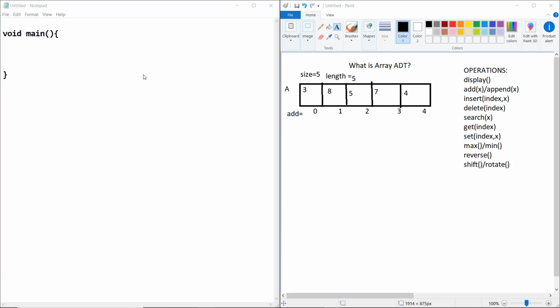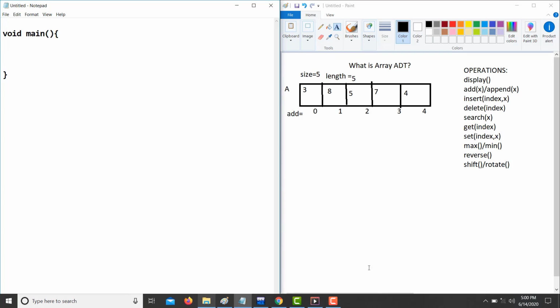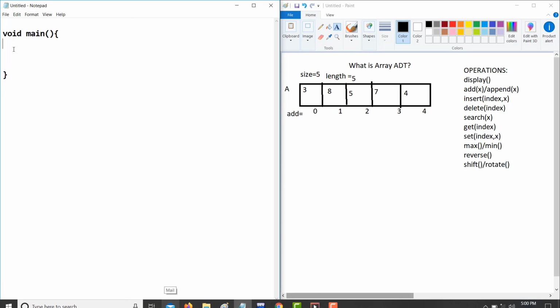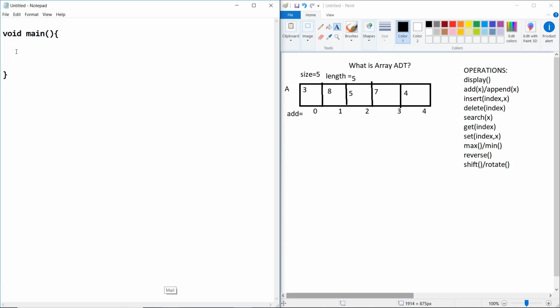So in this section we are going to discuss what the delete function is. In the previous video we have seen how to insert and append. So how to delete an element from a particular index. So what we are trying to do is delete an element